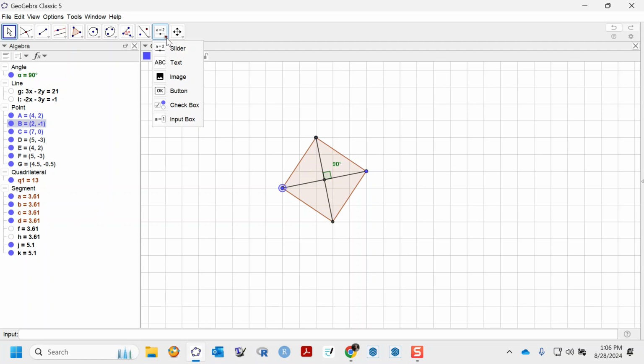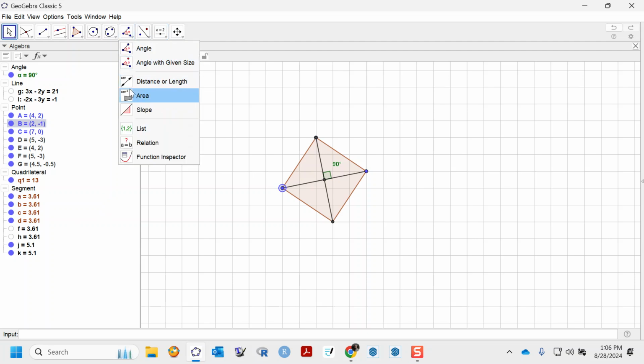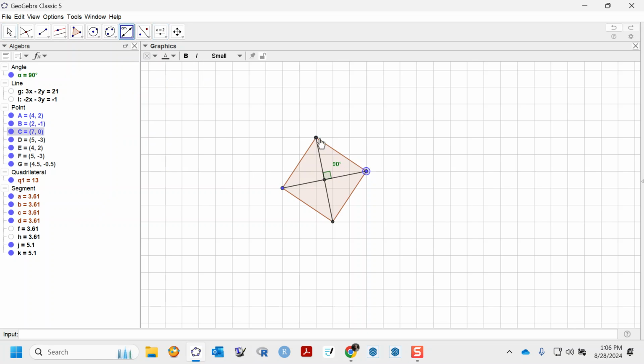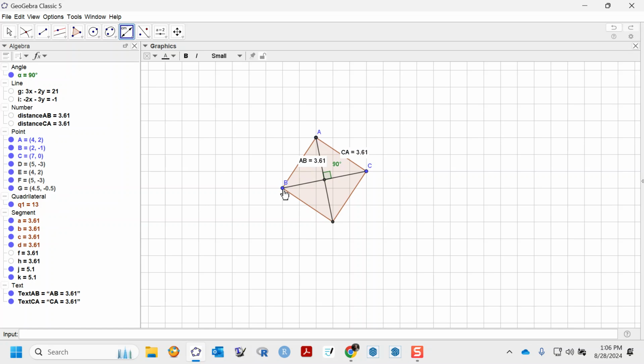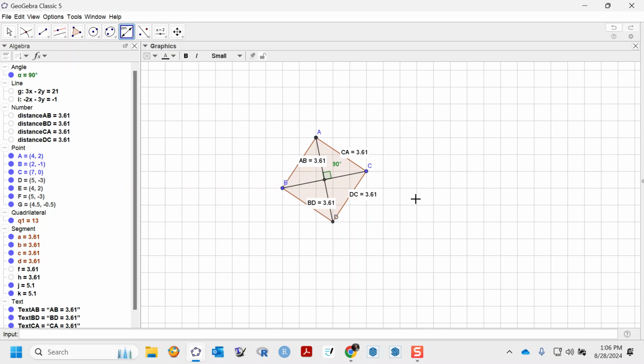Or we could use the measurement tool to measure that distance, that distance, that distance, and this distance,